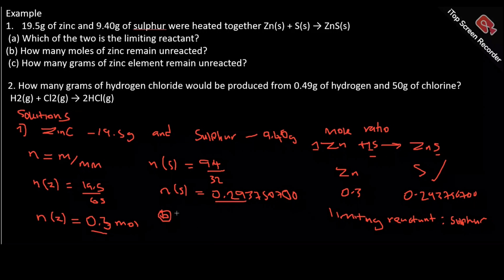You're just going to subtract. That is, the number of moles of zinc that will remain will be equal to 0.3 minus 0.29. When you do so, you should get 0.01